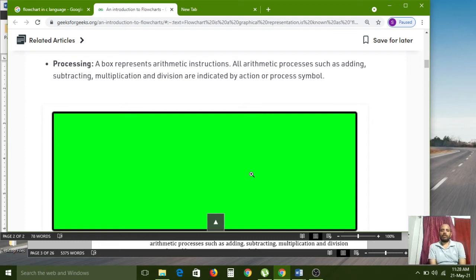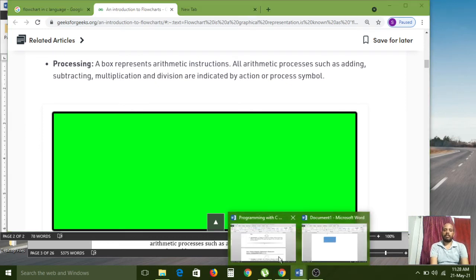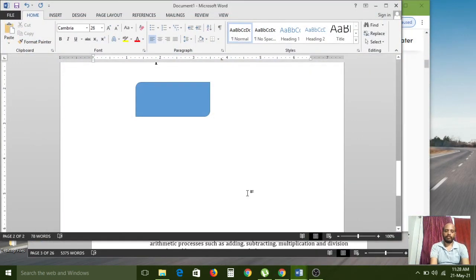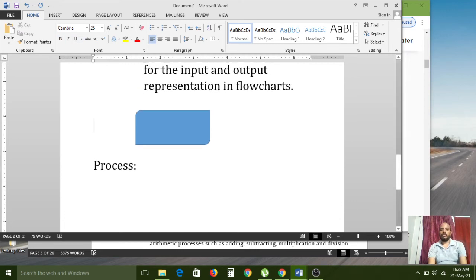All arithmetic processes such as adding, subtracting, multiplication and division are indicated by the process symbol. If you want to do any process after collecting two inputs, this symbol is for the collection of input and for showing the output. After that I will show one example also, so don't worry about this.